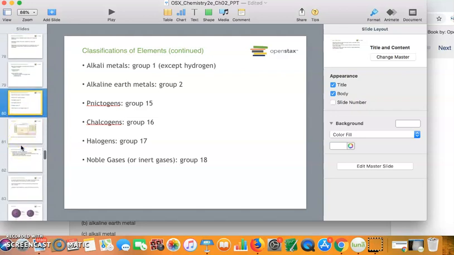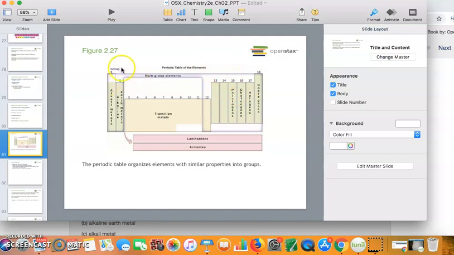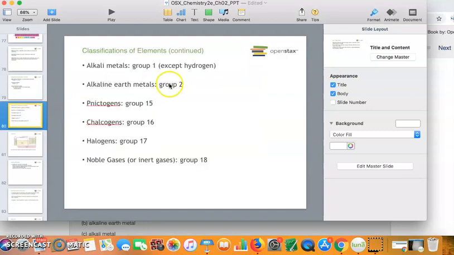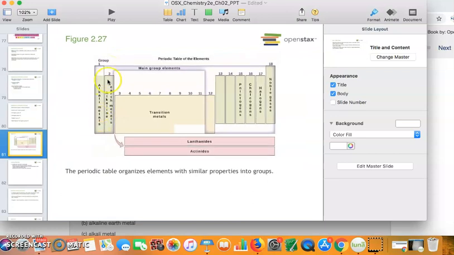All right, so we're going to talk about family names. You have different group numbers, and we talked about the lanthanide and actinide series here. Some groups have family names. The first group here is called the alkali metals. Then group 2 is the alkaline earth metals. Now this is important because I could ask you a question like, sodium is a